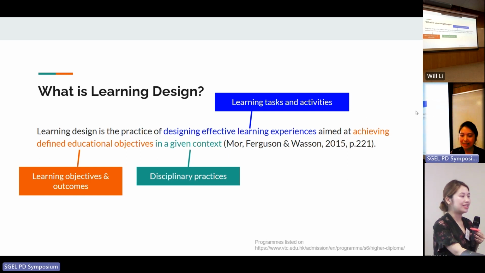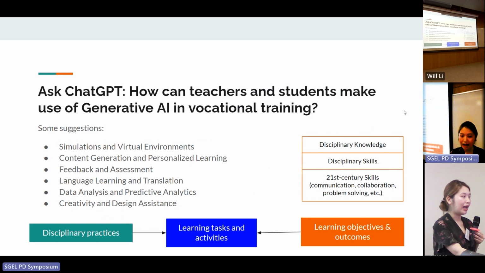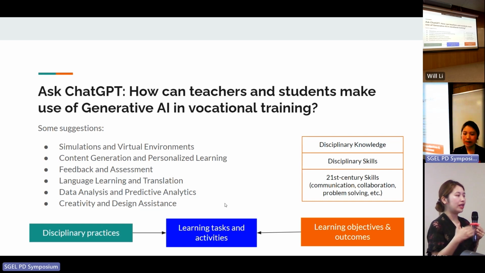we design learning tasks and activities for students. So I asked ChatGPT how teachers and students can make use of Gen AI in vocational training, and it gave me some suggestions, but it's too vague. But when I try to think of how we can make use of Gen AI, I've been thinking